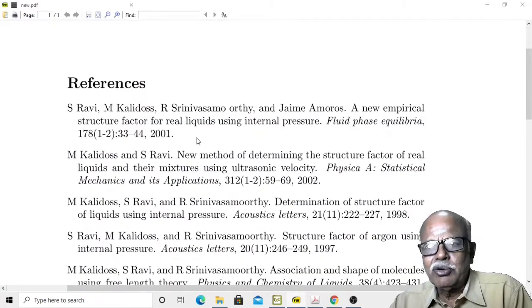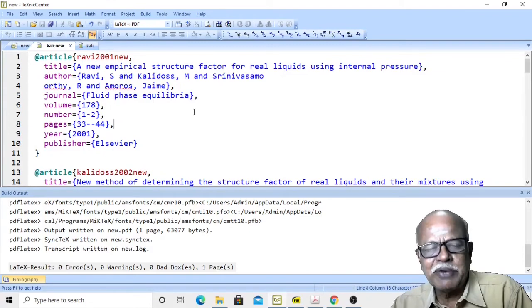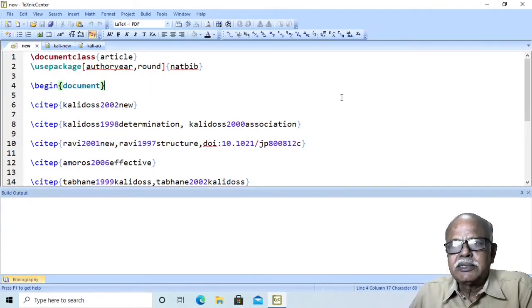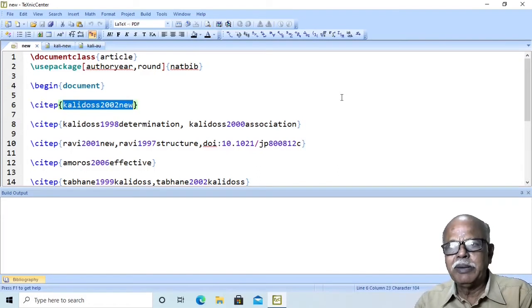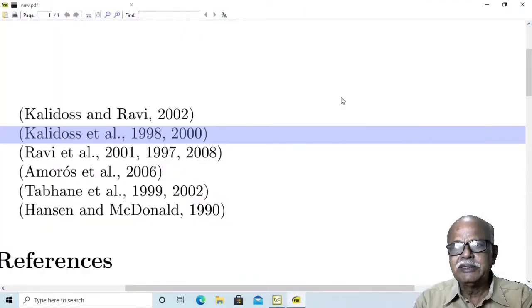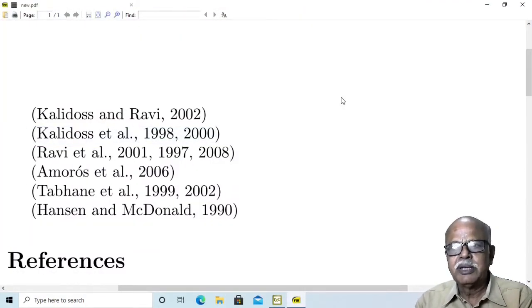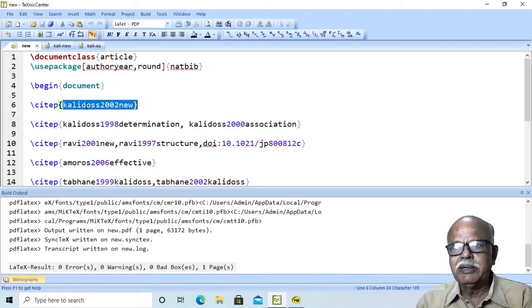All that you have to do is struggle hard initially to prepare the bib file. Let us now consider the LaTeX file in which we have given the citep command followed by bib label like this and like this. On compilation, you will find this as the output. Now, if you take this bib label, copy this.